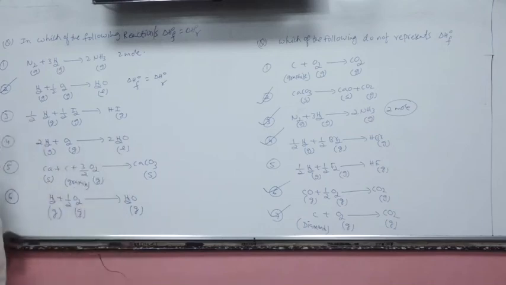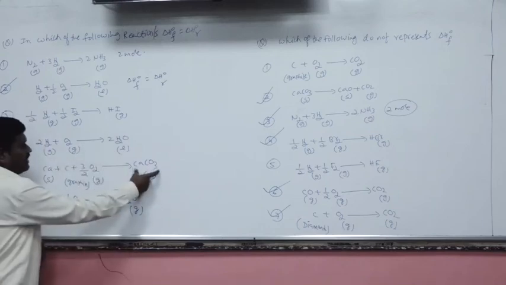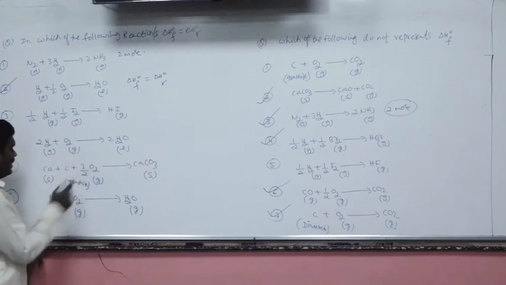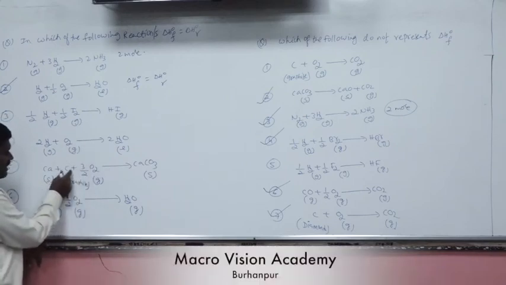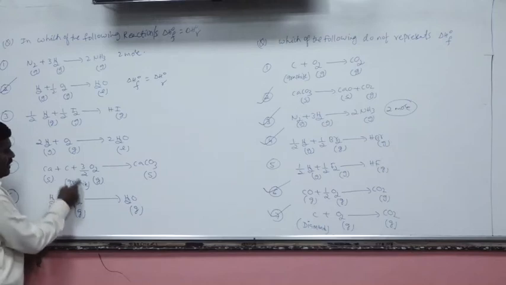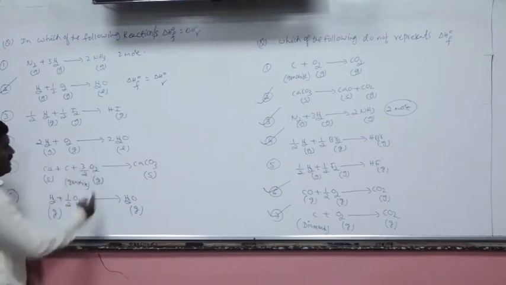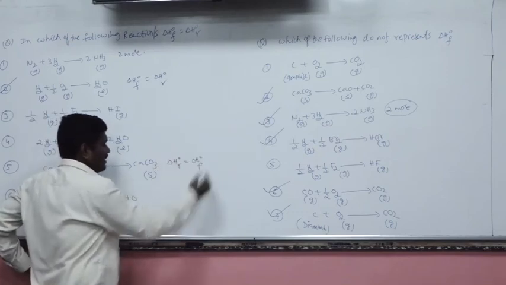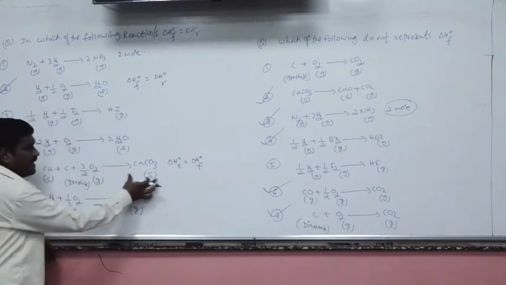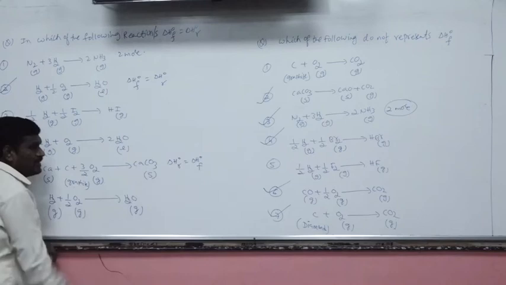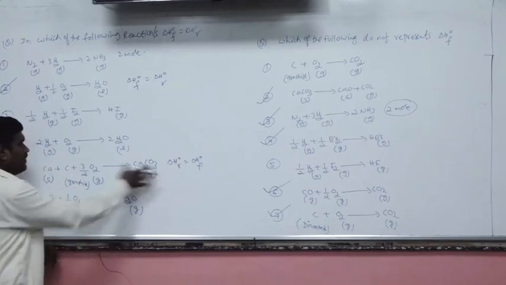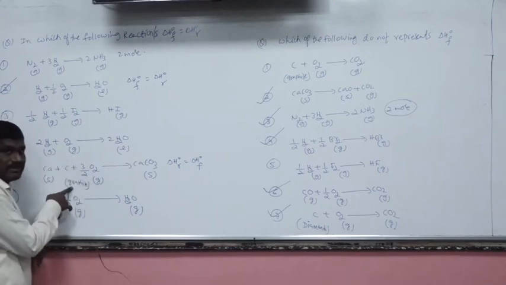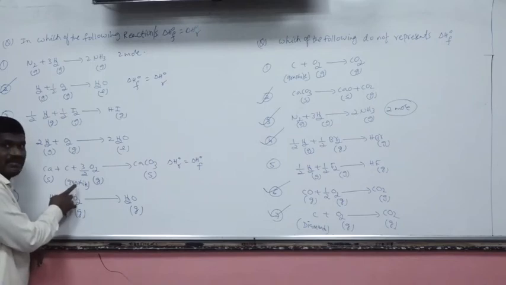Now come to limestone. Limestone is coming from constituent elements. What are those? Calcium, carbon, oxygen. Calcium physical state, solid state. Graphite condition, carbon, oxygen is gaseous state. Now here this is corresponding to standard enthalpy of reaction. Standard enthalpy of reaction and standard enthalpy of formation will be equal when a compound is formed from its constituent elements in standard condition. Suppose if I write here diamond, then it will not be the standard enthalpy of formation.